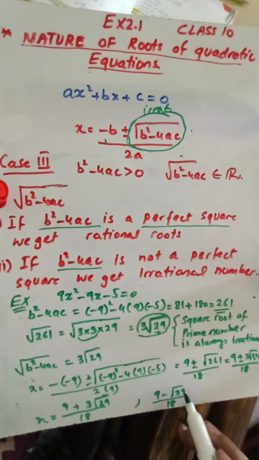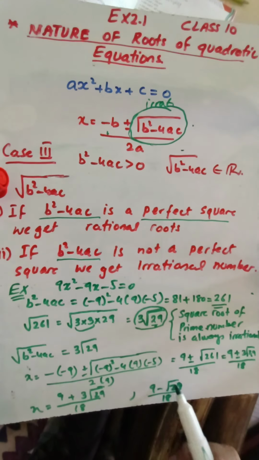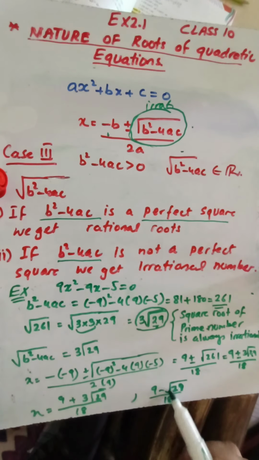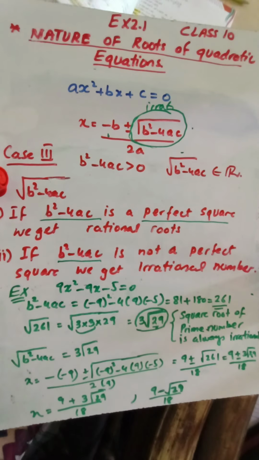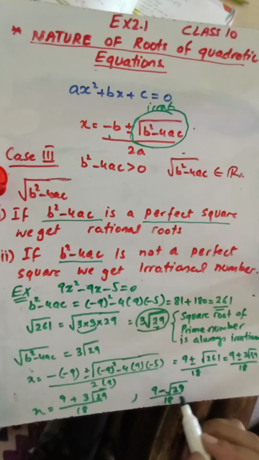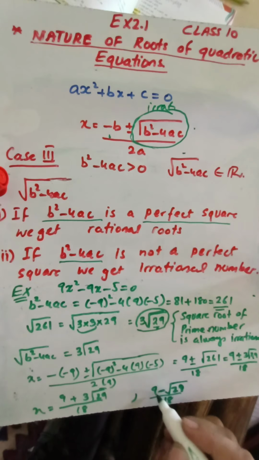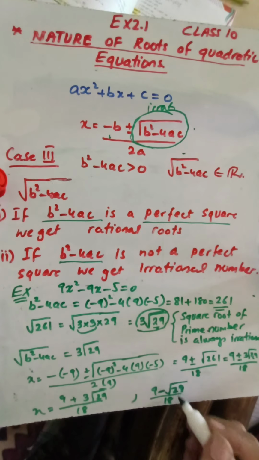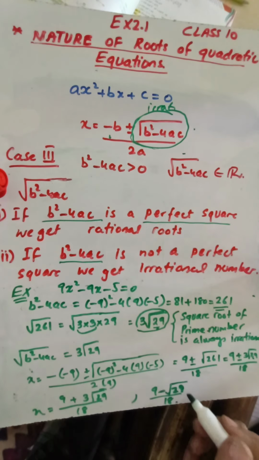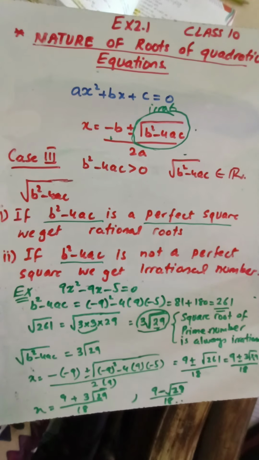It is a surd, and we don't find the square root of this number, because if you have a surd, then it means that you have irrational numbers, and we can never find a finite number for this square root. Okay, we get irrationality here, a surd here, which will make this whole number irrational. And when the numerator is irrational and divided by any number, then this whole number will also become irrational.